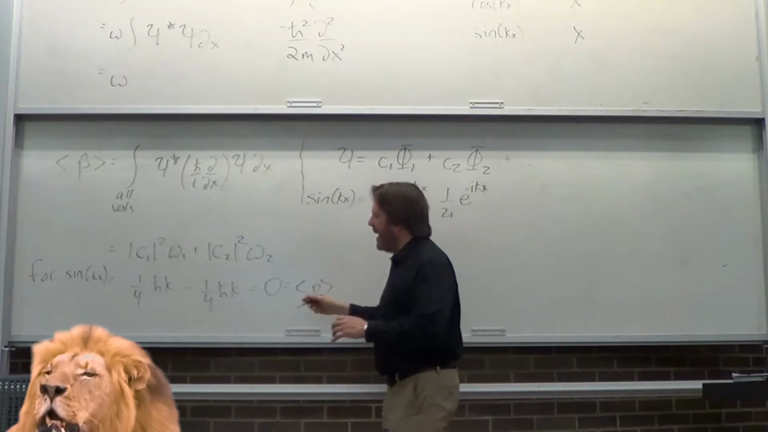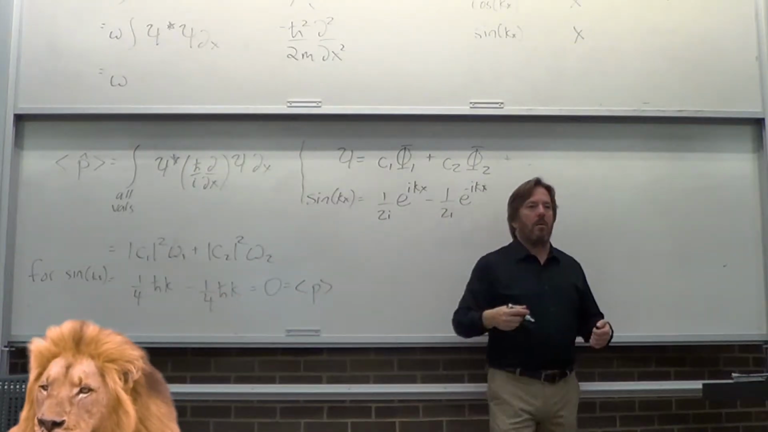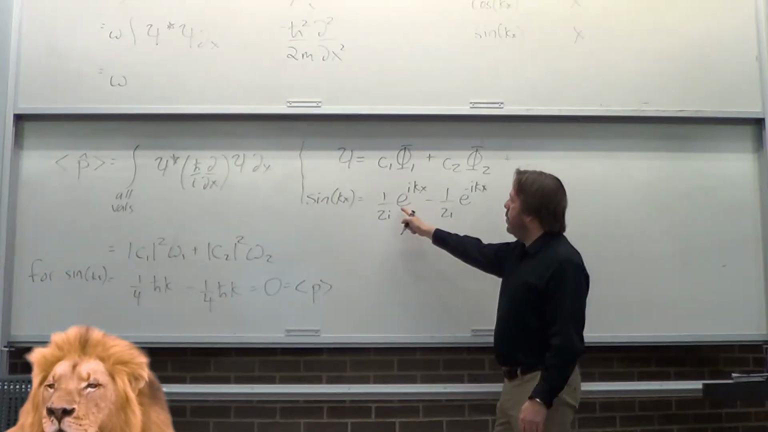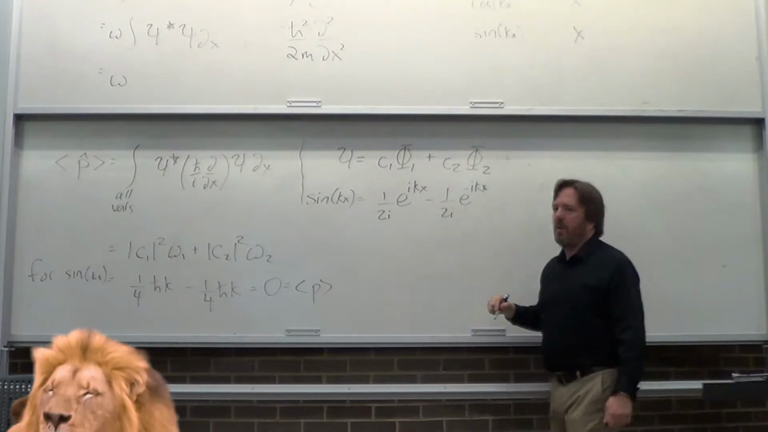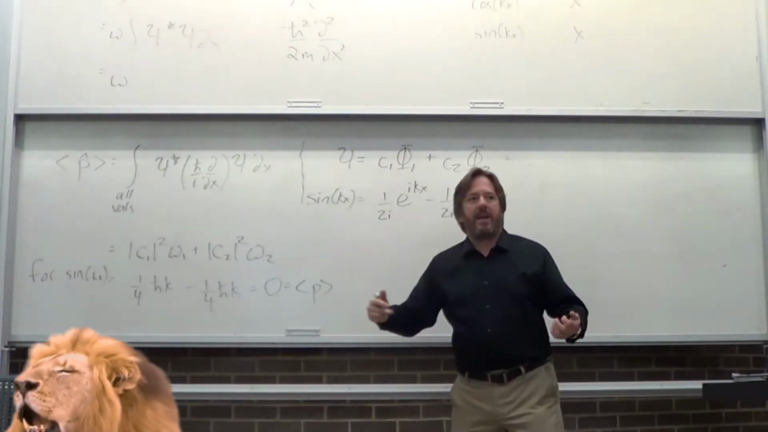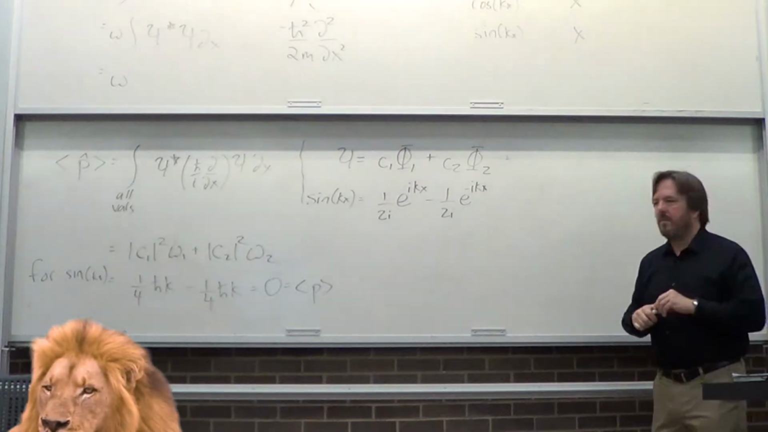When we apply that to sine, you do get a number, and it happens to be 0. That makes sense. Sine happens to be an equal contribution of a right and a left moving wave. The momentums average out to 0, and I got a 0. It all makes sense. So if you expand sine into the exponential form and plug it into the original wave